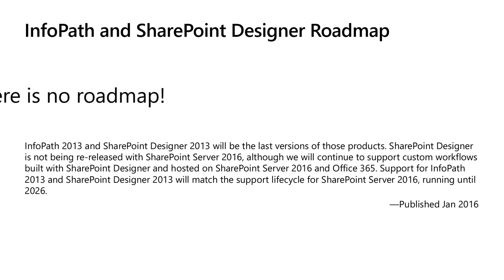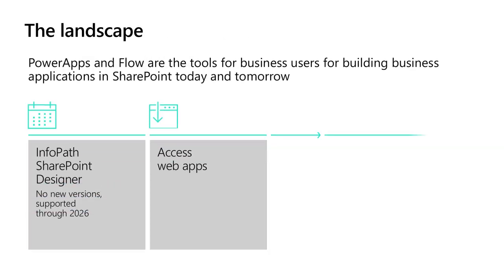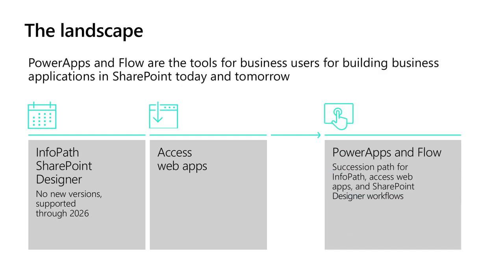There's no roadmap. They're deprecated products. They're not coming back. End of support is 2026. You should be using Power Apps and Flow for these tools. They remain in support, so that doesn't mean that you can't use them today, but please don't start new projects with them. If there are critical gaps that you're seeing, we're not really aware of them, but we'd like to learn more. We want to help make sure that we're retiring that legacy of InfoPath technical debt that's out there.